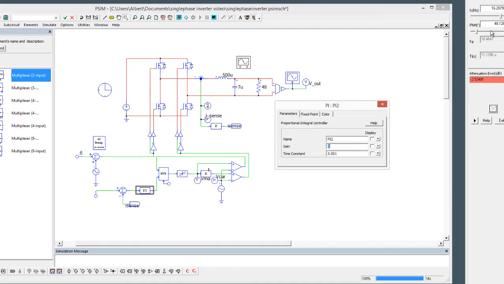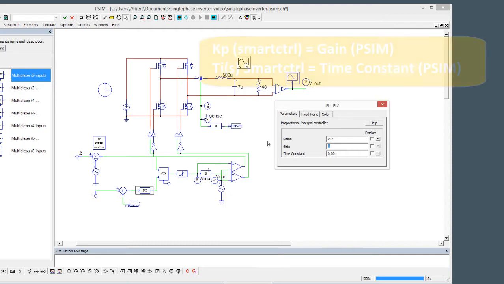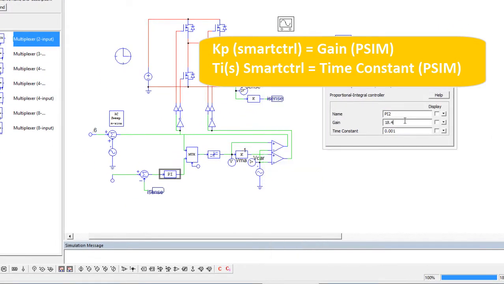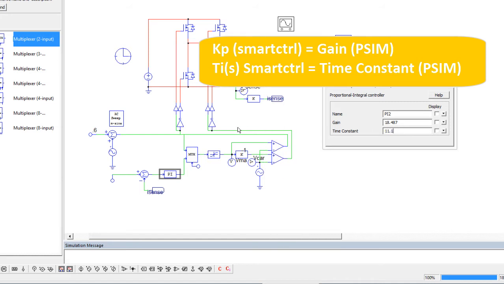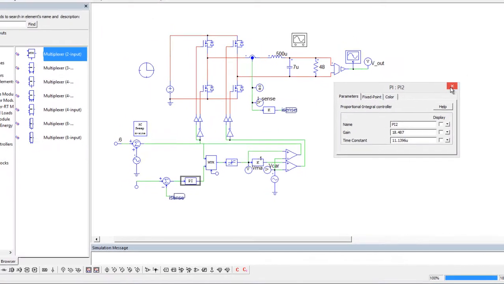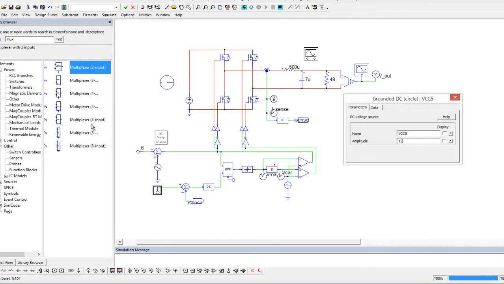So we want to grab these values here, KP and KI. 18.487, and the TI or the time constant was 11.396 microseconds. 18.4847. Okay, well, the sig fig doesn't matter too much there, and we'll disable this sweep block, and